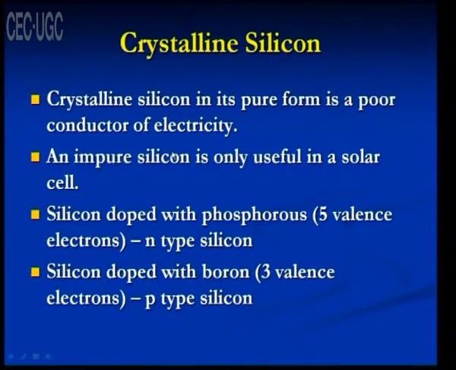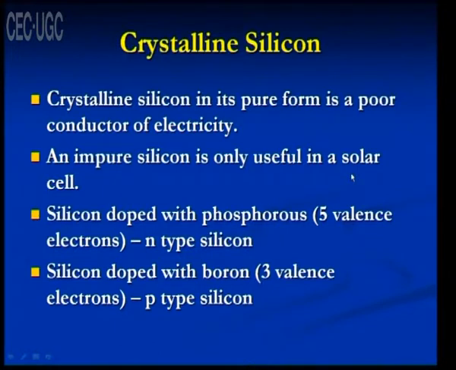Crystalline silicon in its purest form is a poor conductor of electricity. Unless it is doped, it does not become a p-type or n-type conductor. It is a pure insulator. It does not conduct electricity at all in its pure form, but an impure silicon is only useful in the